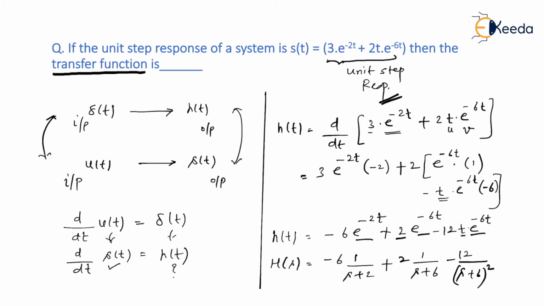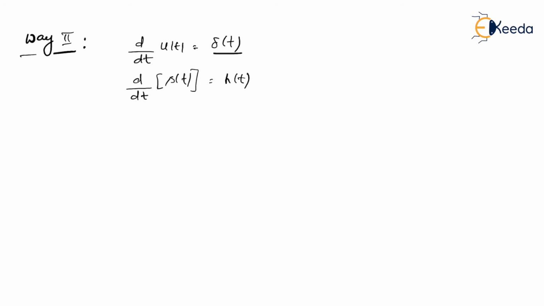In fact, I'll solve this in two ways. I would consider this as way 1 and I'll now go for way 2. So what is way 2? Let us see. Again, I'm going to take help of way 1 up to certain steps. You know that the derivative of u of t is delta of t. If these are the relation between inputs, then the same relation is applicable to outputs. So let me write this as s of t, which is the output for delta of t, is h of t. So what I'll do is I'll take Laplace transform on both sides.